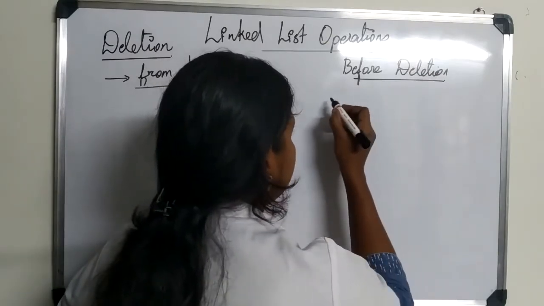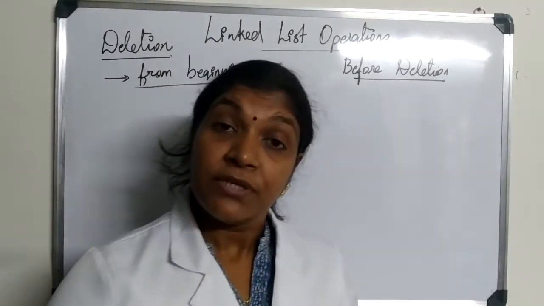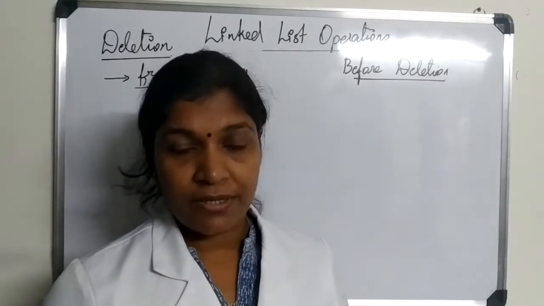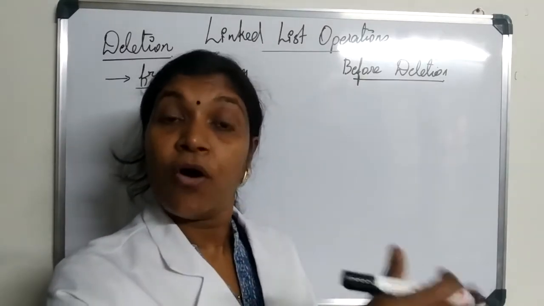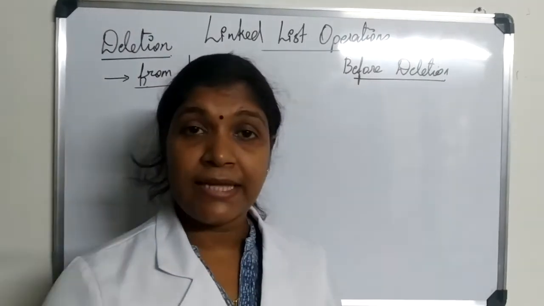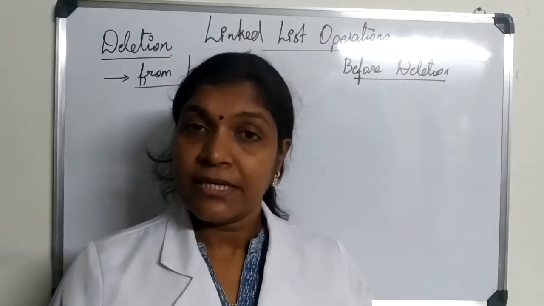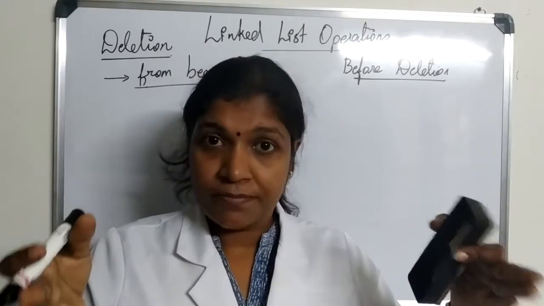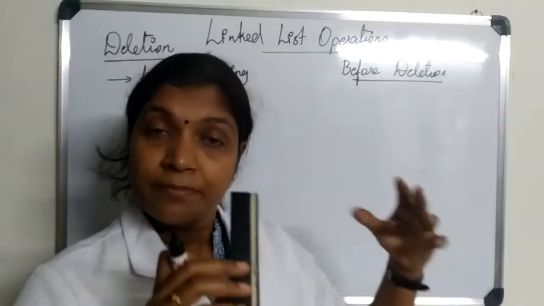One more thing, other than our insertion: in insertion we never checked whether the linked list is full or not, because such a case is not there in dynamic memory allocation. We are allocating memory on demand. Why were we checking whether the array is full or not in the static case? Because there we have allocated some fixed location, and each time when we are inserting an element, we need to check whether that allocated area has exceeded or not.